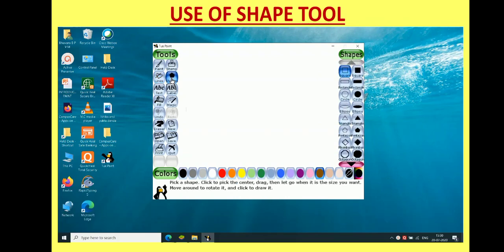So click on shape, select the shape that you want in your drawing. You can even see all the shapes available by clicking on top or bottom arrow.